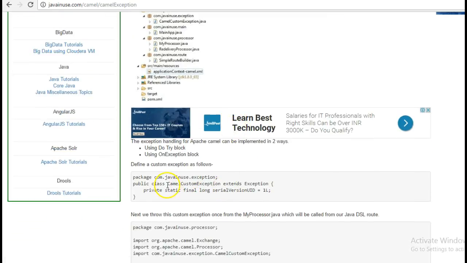We'll first create a custom exception which we will throw from one of the processors.